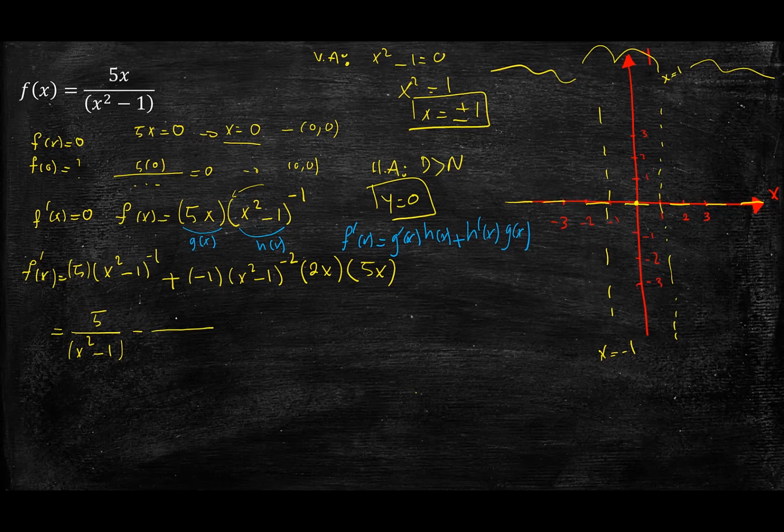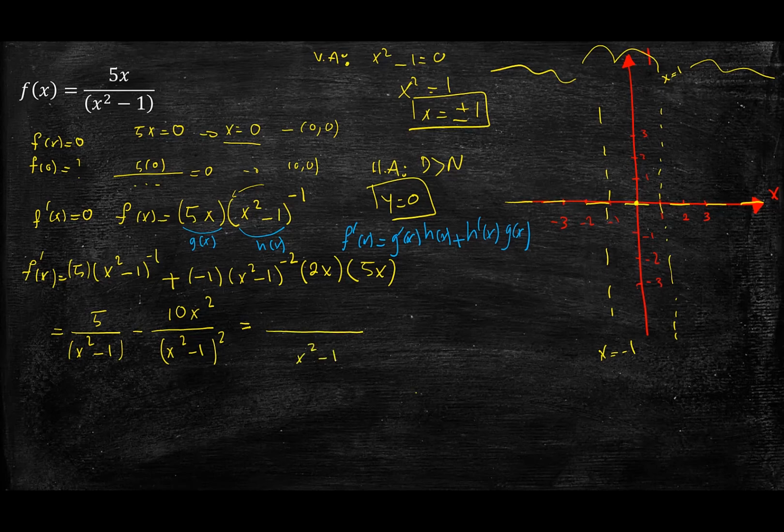And then here I will have minus 1 times 2x times 5x, so that's 10x squared over (x squared minus 1) to the power of 2. So I basically just rewrote this whole thing. Now what I want to do is to take this a little bit further and